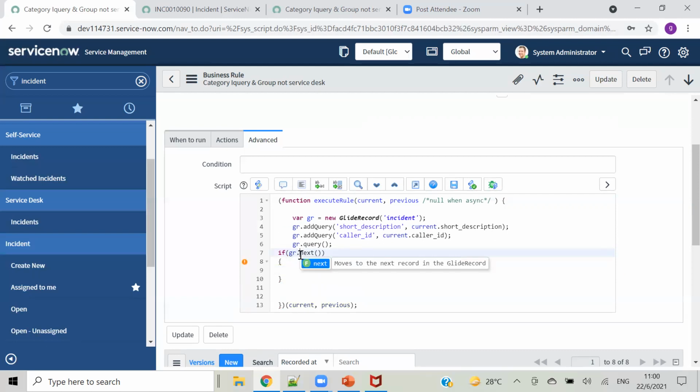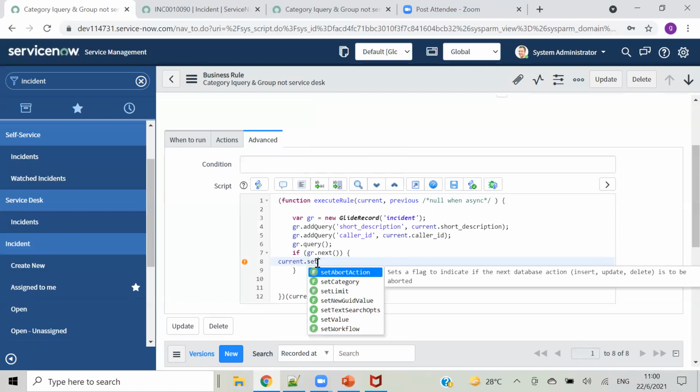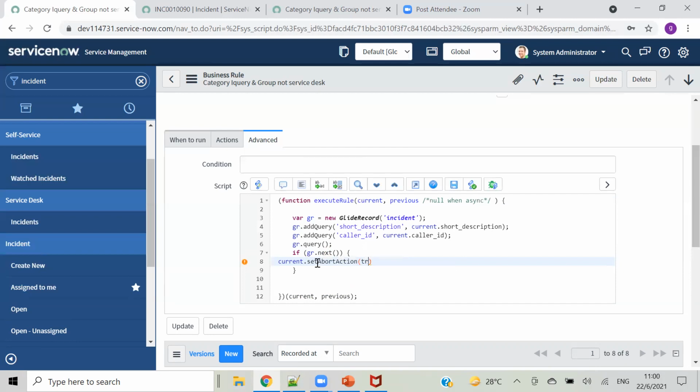Okay, sorry, gr. And what was that? current.setAbortAction(true). Okay, so I will explain this line by line.